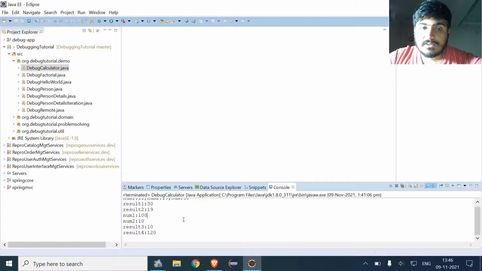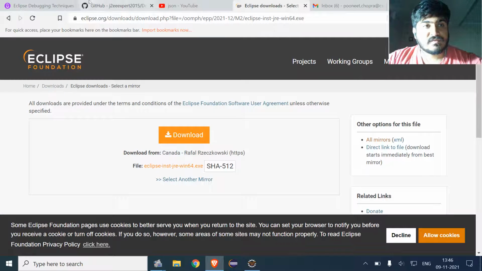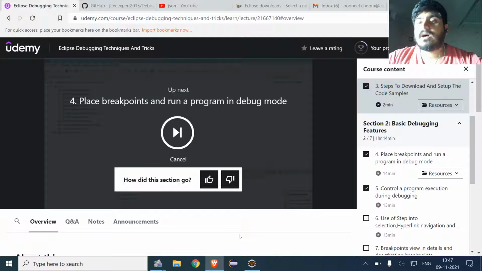So now we can proceed towards the journey of these debugging techniques. I will try to show the types of techniques which we use and how we can place a breakpoint and run a program in debug mode.